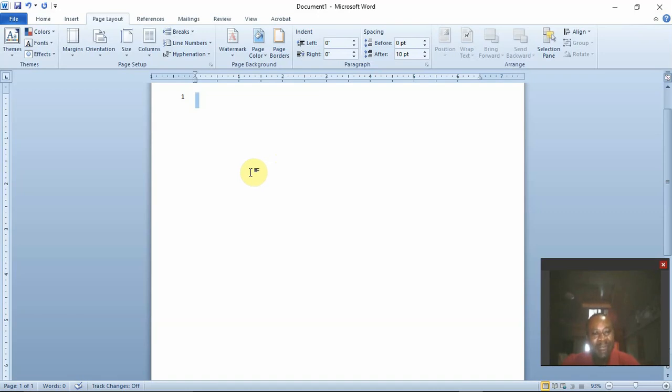But if it's an already worked on document with content in it, all those content lines would have been numbered. In this case, I have a blank sheet. So if I start pressing enter, each line is a blank line, but it will be numbered. Whatever I type will have its own numbers. So in this case, if there is a typing error in line 12,